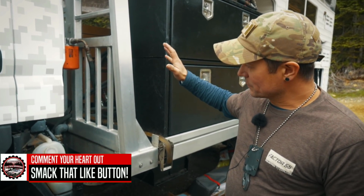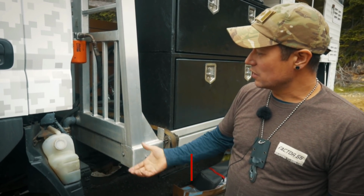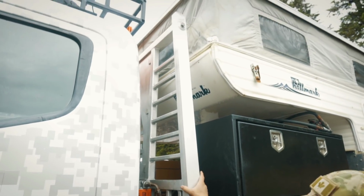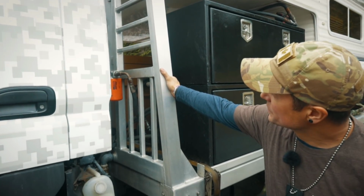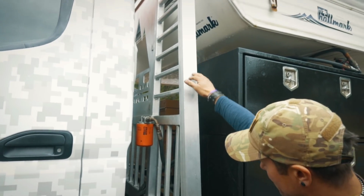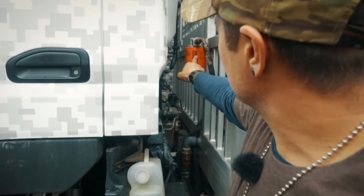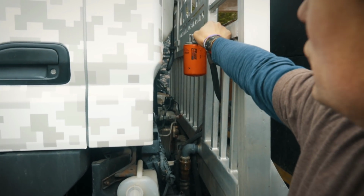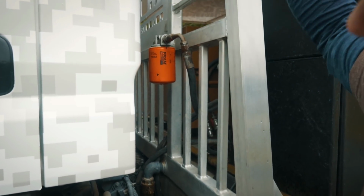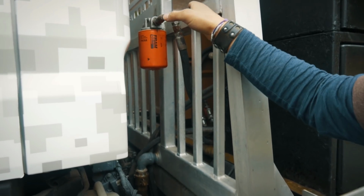winch, one of the things that took up a lot of space was your hydraulic tank holding your hydraulic fluid. So what I built into the headache rack, this headache rack is actually my hydraulic tank. It is filled all the way up to here with hydraulic fluid. It comes from the hydraulic pump up through the line, through the filter, into this tube. Each one of these pickets has a hole drilled in the top. The fluid can drip down those pickets, which act as cooling fins, and whatever is remainder goes all the way